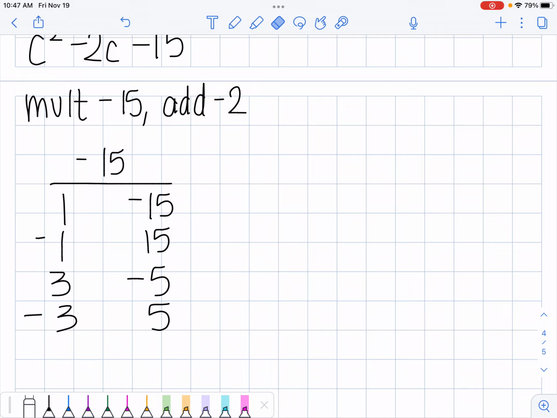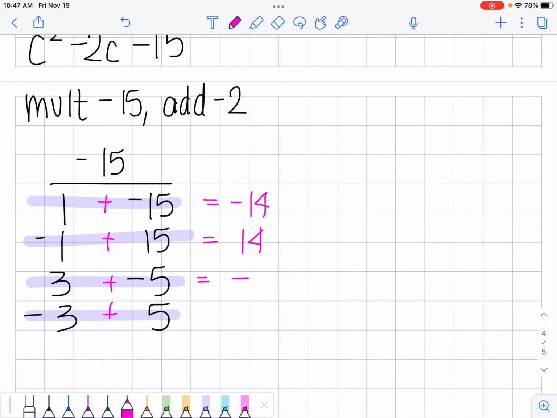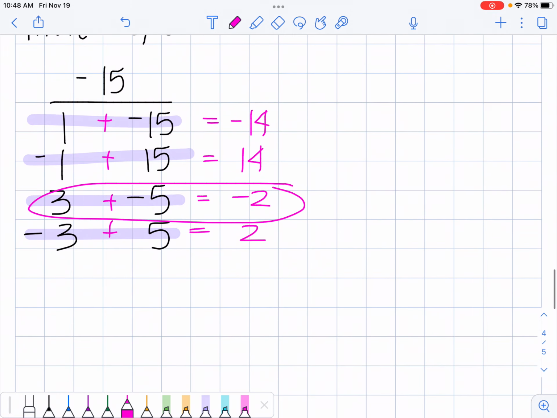So of these factors, we have 1, 2, 3, 4. Which of them add up to negative 2? Well, 1 plus negative 15, I'm going to add these together, equals negative 14. This equals positive 14. This is negative 2, and this is positive 2. So these ones add to negative 2. So when I do my giant plus,